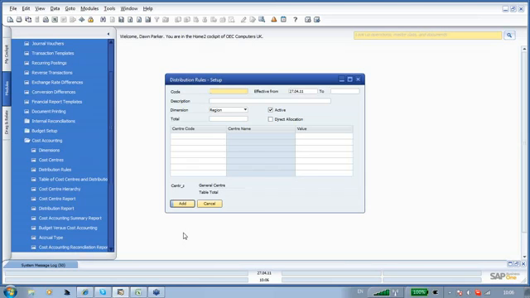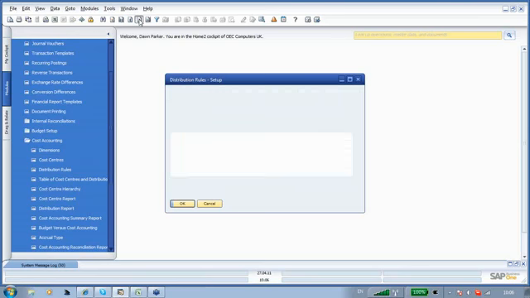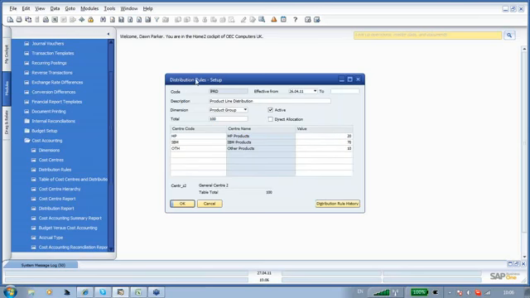Okay, by default, each cost centre is also set up as a distribution rule, which you may have seen in that last table that we looked at. So in this example, I have set up, okay, so there's my distribution rule for Europe. Okay, so the one that I've set up to have an allocation is I've set up a product line distribution,